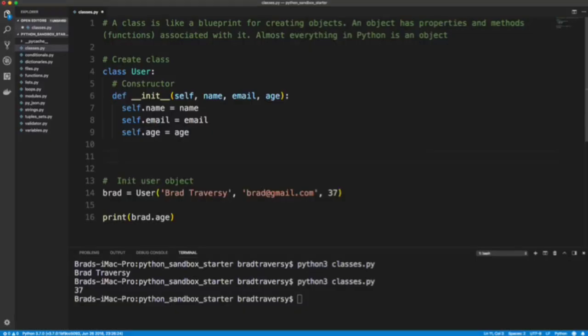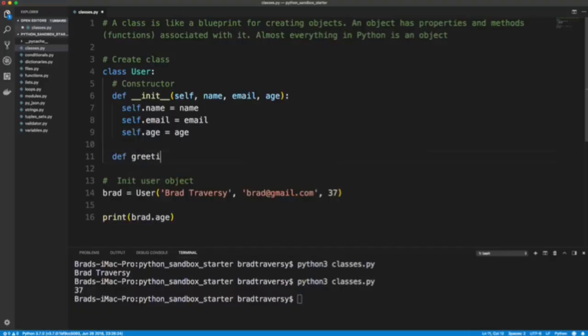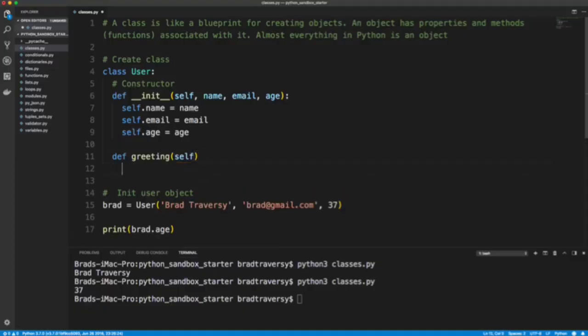Now I want to create a method. To create a method, it's just like any other function. We're going to use def. Let's call this greeting. Now these methods that we create within the class are going to take in self, and we want to just return an f-string, and we'll say my name is. Now when we want to access any of these properties from any method within the class, we need to use that self keyword. So let's say self.name, and I am